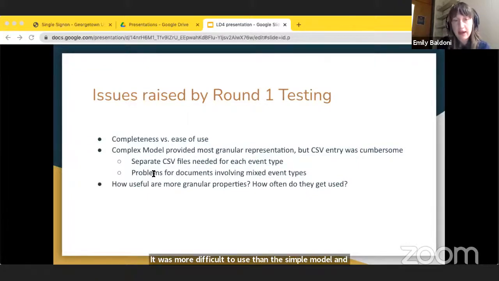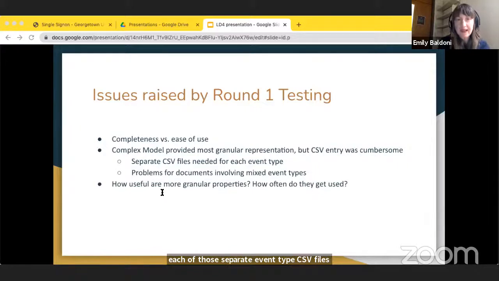And this became really apparent when we started working more intensively with batch entry via CSV, because the complex model represented each event type as a different subclass with its own unique properties. That meant that you needed a separate spreadsheet for each event type, which also meant you needed to upload each of those separate event type CSV files separately.